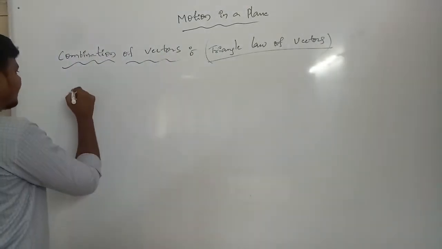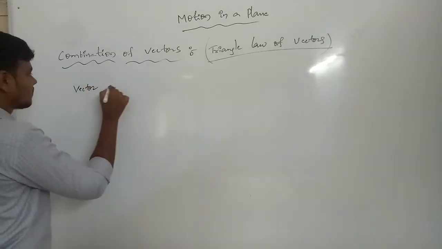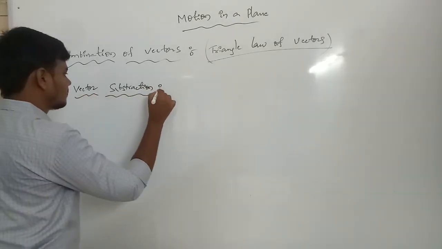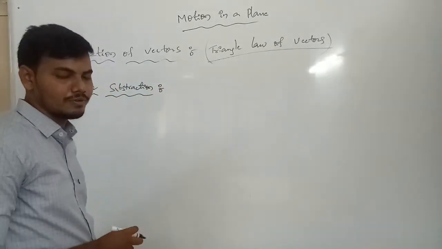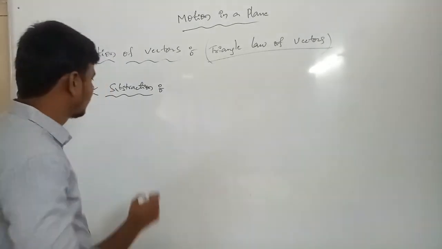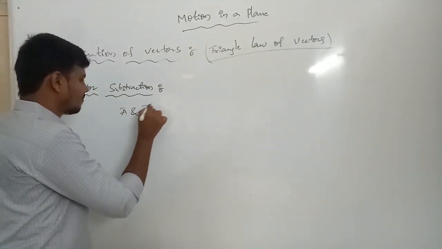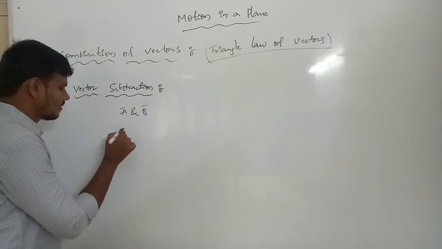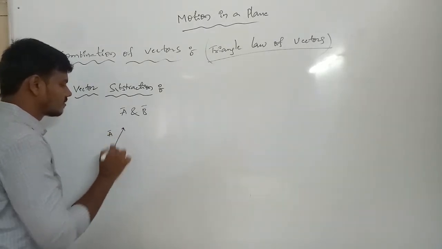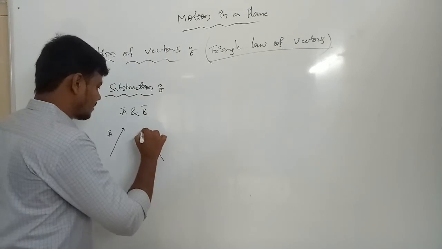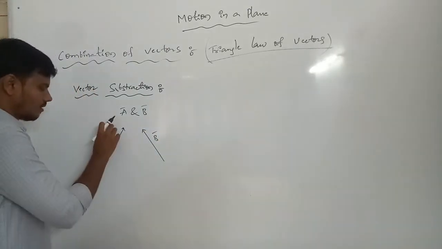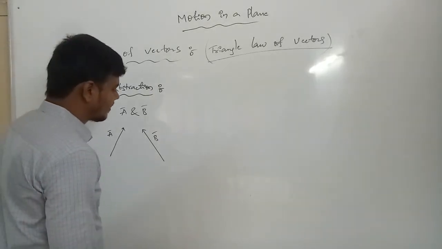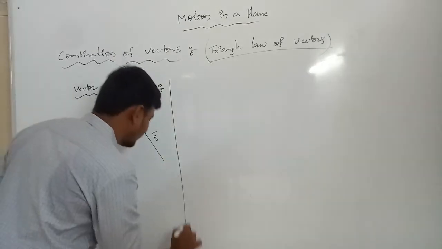Clear? Now vector subtraction. Okay, now vector subtraction we are using only two-dimensional vectors A bar and B bar also. Okay, A bar and B bar. There are two types of vectors. Clear? You can imagine there are two types of vectors. So this is the positive A bar. Clear? This one is positive B bar. Positive A bar. Again positive B bar. Clear? Now negative interaction we can introduce into these things. This is a very important one.